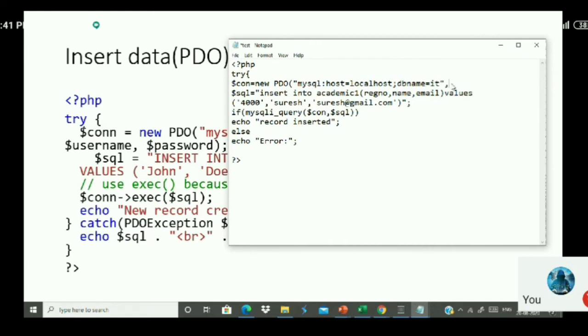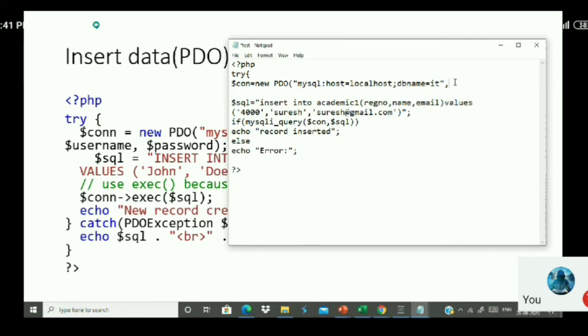Now, the next parameter, you have to give the username, which is root. In the previous case, we had a fourth parameter as far as MySQL is concerned. But in this case, we are giving the database name here itself. So there's no need to mention the fourth parameter here, because the fourth parameter always represents the database name. Now there's no need to change the query over here. I will just change the values here. So I'll make it 5,000.